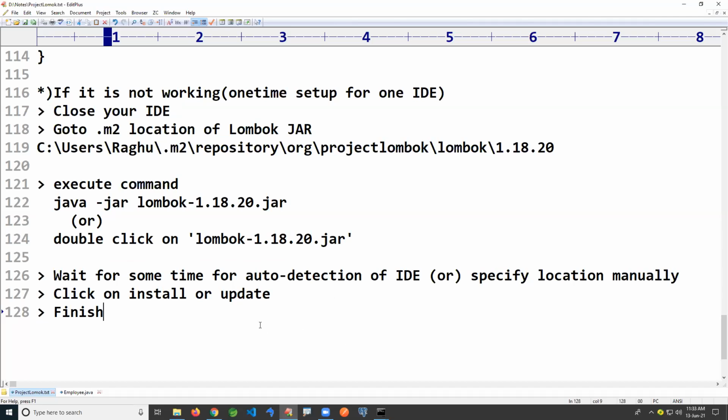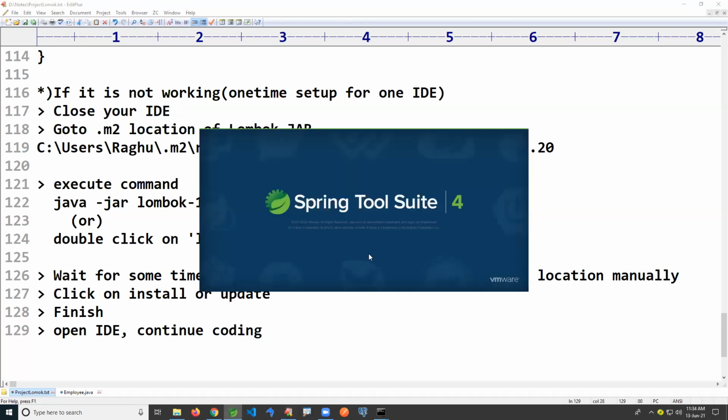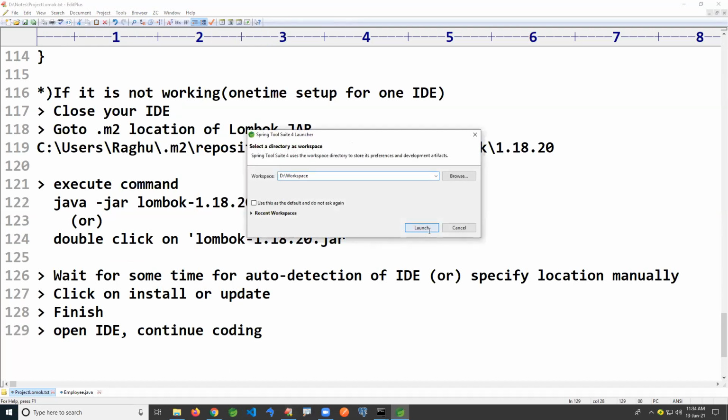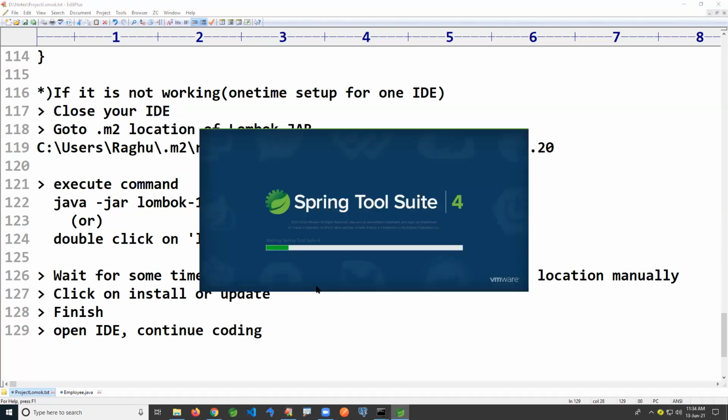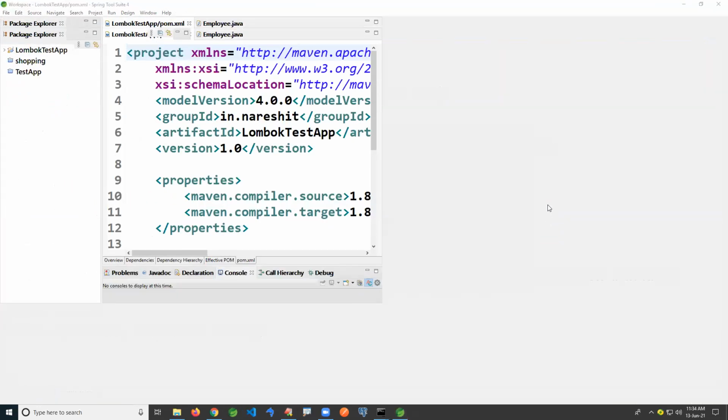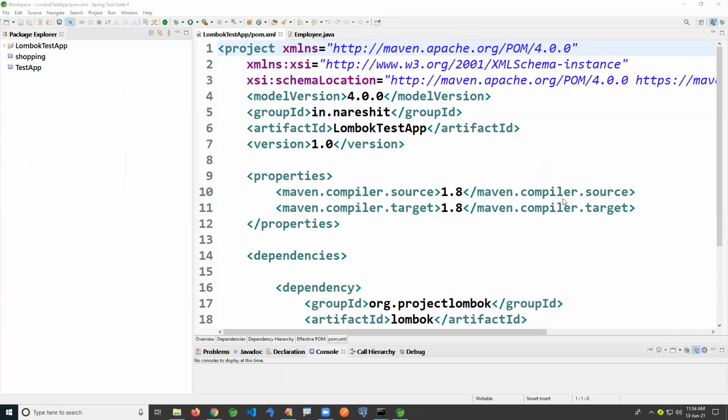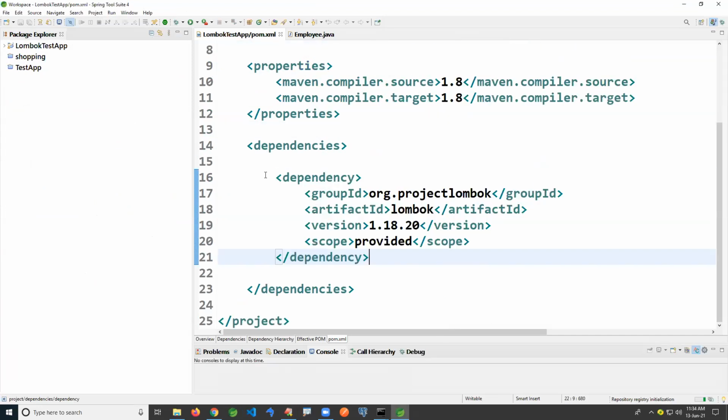Once you're done, open your IDE again and continue coding. Just to be safe, delete the annotations and write them again to take effect. The Lombok jar must be there in the workspace as a dependency.